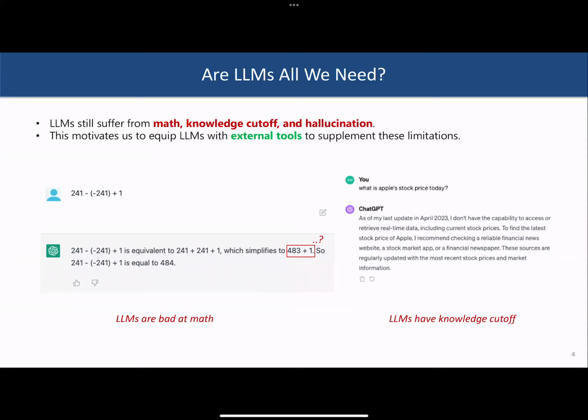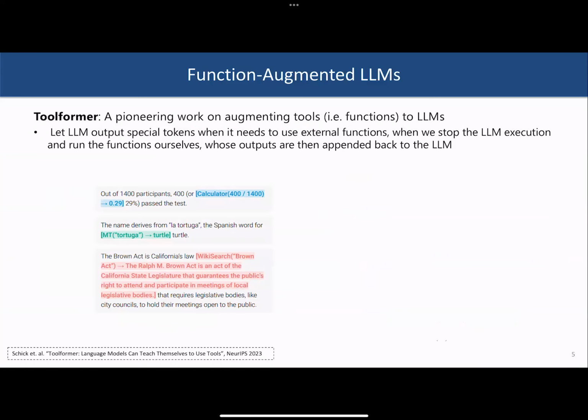So then people thought, is there a way that we could provide tools for the LLM to use to basically get this data, or tools to use like a calculator, like what we do, right? We don't know all of the complex arithmetic. When we want to do complex arithmetic, we use calculators. And so this idea was made possible by a very, very interesting solution. This is the Toolformer paper where they came up with a very interesting solution. So the idea was the following. We tell the LLM that you have access to certain tools like a calculator, or for example, a database query. Imagine it could be any kind of tool.